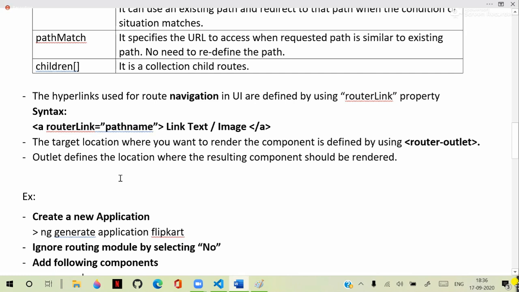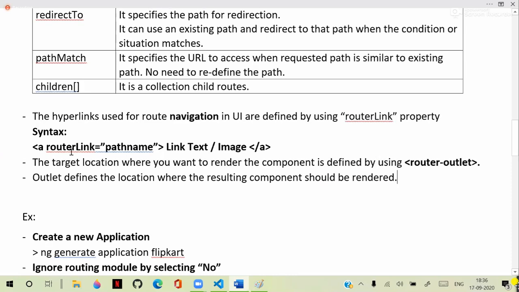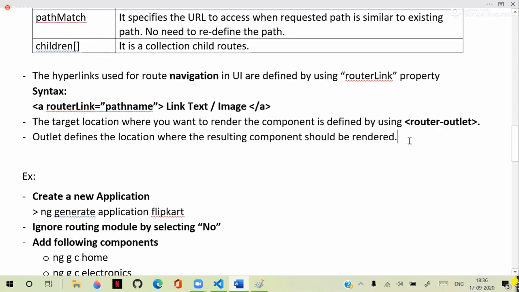Redirection can happen in several ways. Redirection is implicitly handled in different ways: on button click, on drop down change, on radio change. We can perform several redirections actually. So router outlet and how do we configure the routes? These two are important. A link is defined with router link, and an outlet is defined by using router outlet. Okay, once you have configured this,